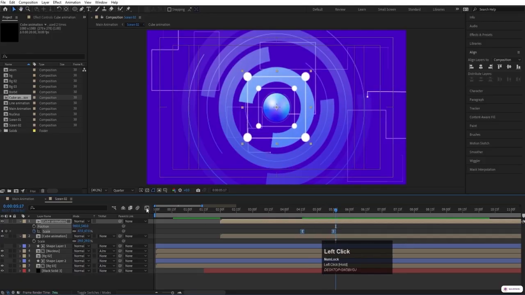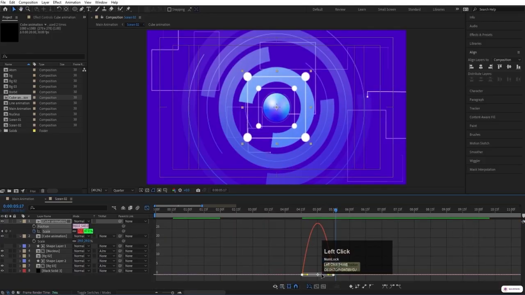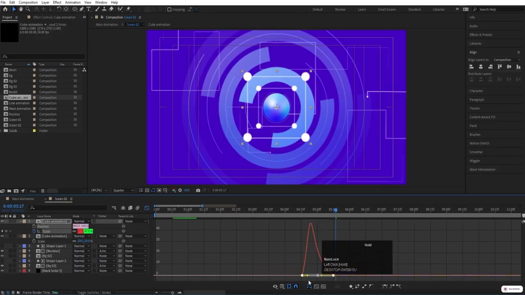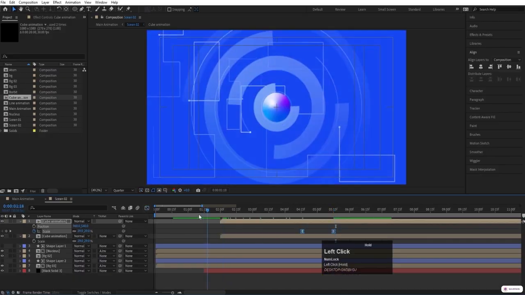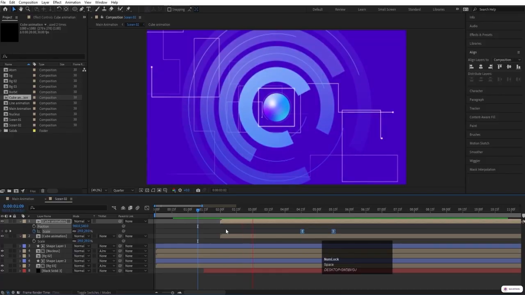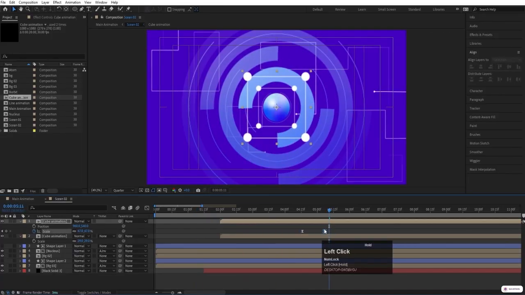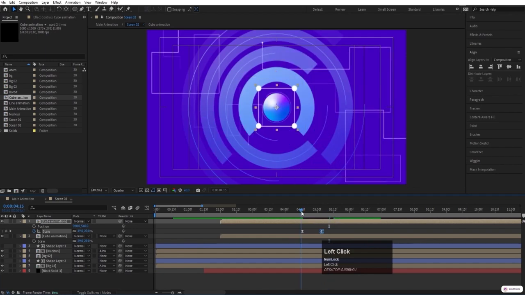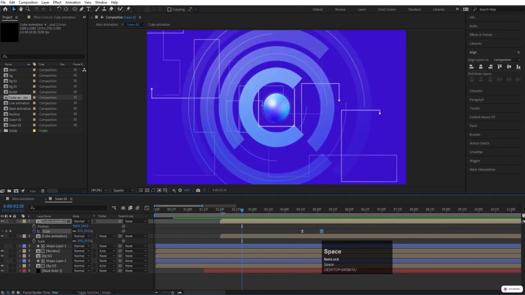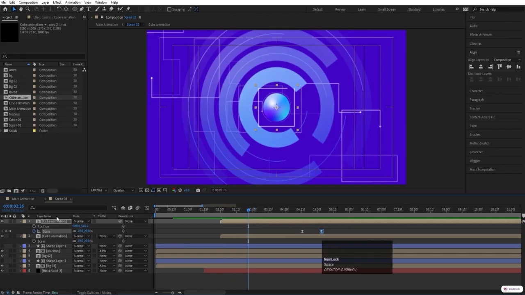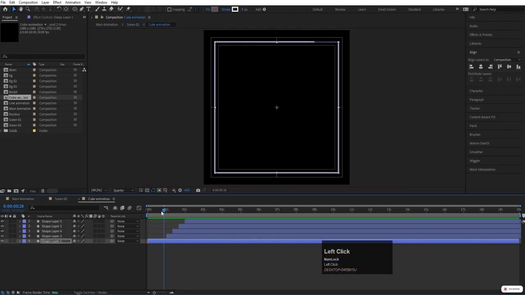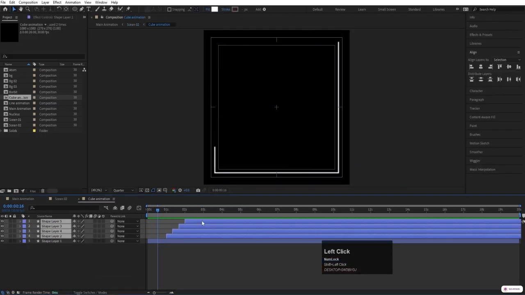Let's select this, go to the graph, select this graph. By holding shift, move one handle over here and move one handle over here. Okay, so if you see this now, first we will get this, then we will get this. Okay, now this animation should be a little bit faster, so I'll move this keyframe over here like that. Okay, over here. Now let's go to this cube animation, and now what I'm going to do is that this animation should get started a little bit early, so I'll